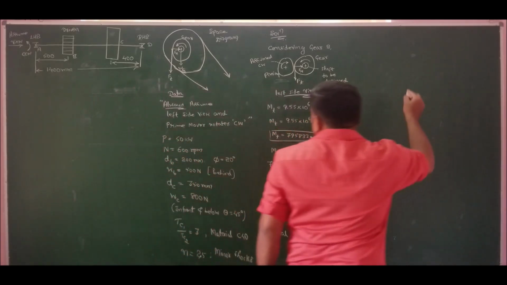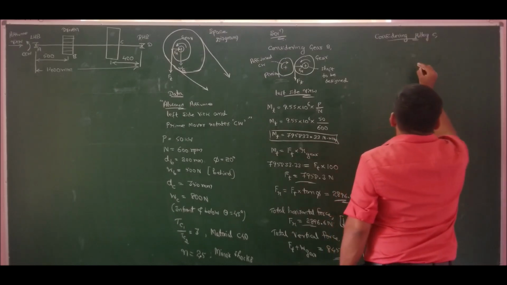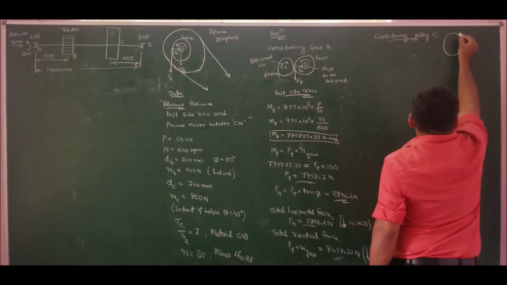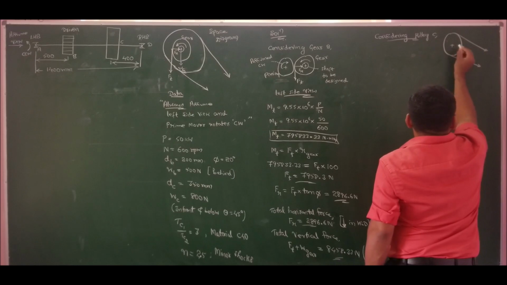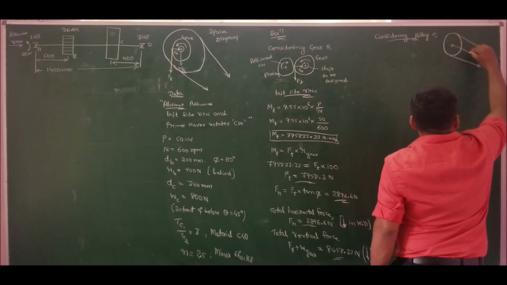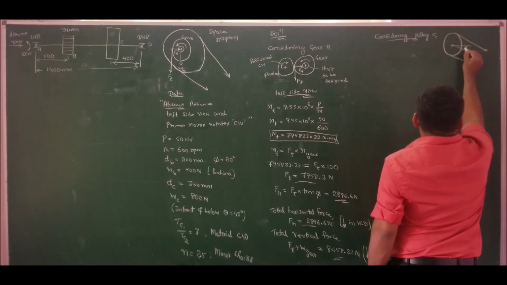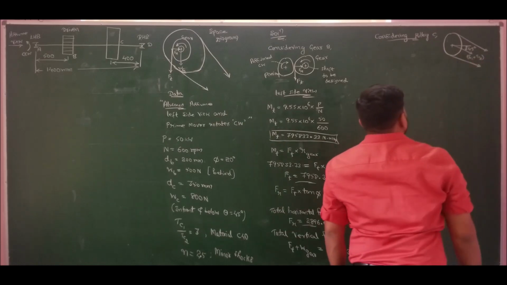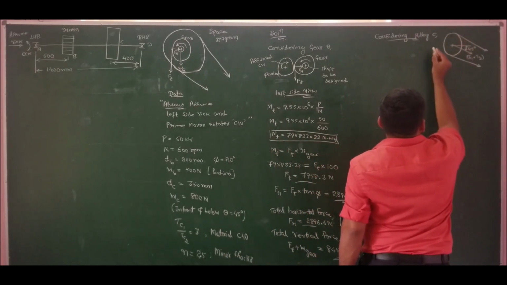Next, let us move to gear C, pulley C. Considering pulley C, the pulley is giving out power like this. So we have a resultant like this at an angle of 45 degrees. This resultant is already known, TC1 plus TC2. This is what has been specified for us for pulley C.